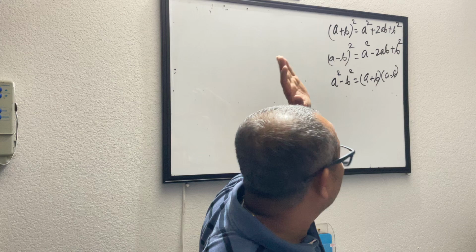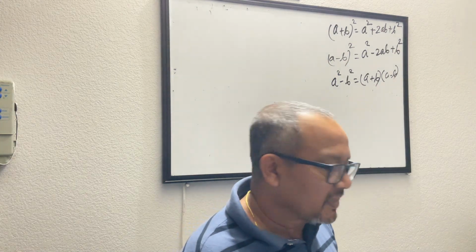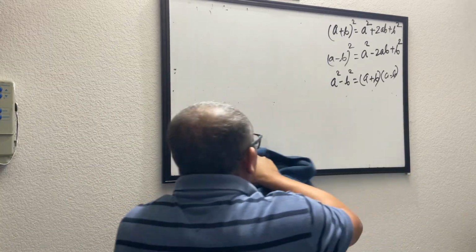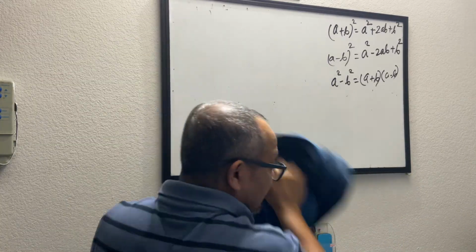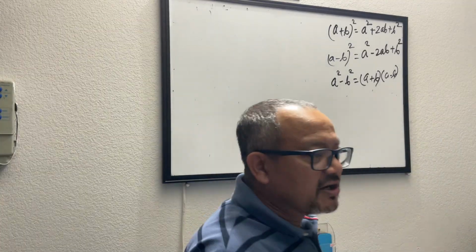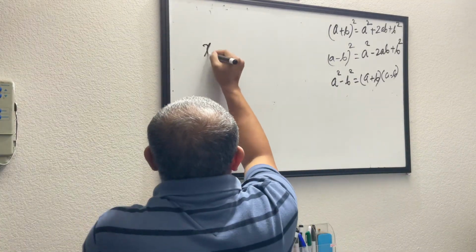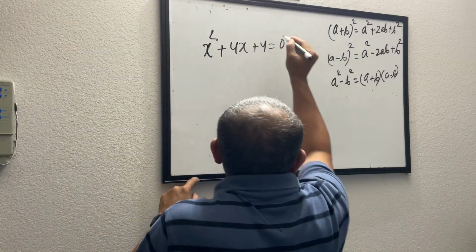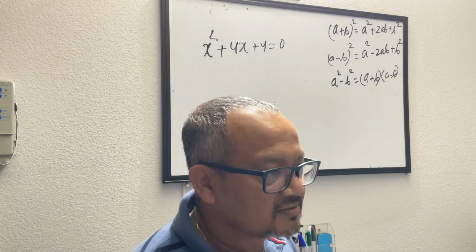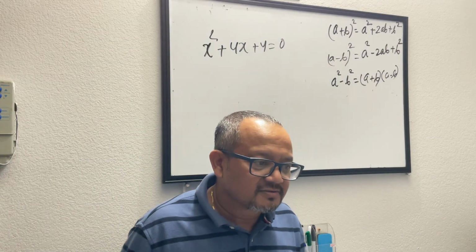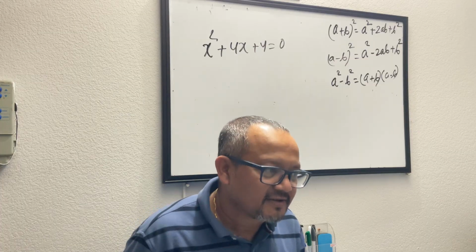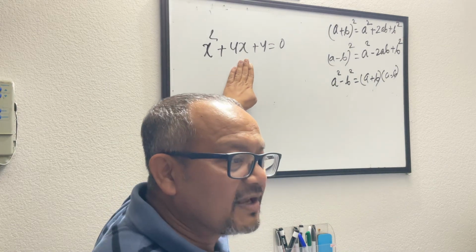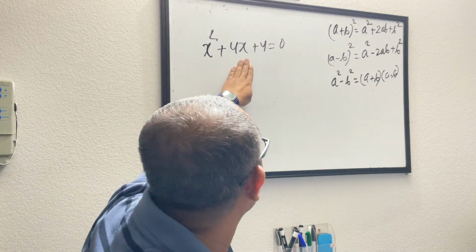Now, let's look at the power of these formulas. Let's look at why I even wasted 15 or 20 minutes of your precious time. If somebody says you have a quadratic equation, x squared plus 4x plus 4 equal to 0, solve it for x. Who can solve it? Okay, don't solve it yet. I'm saying that we can solve it. How? Now look at this.